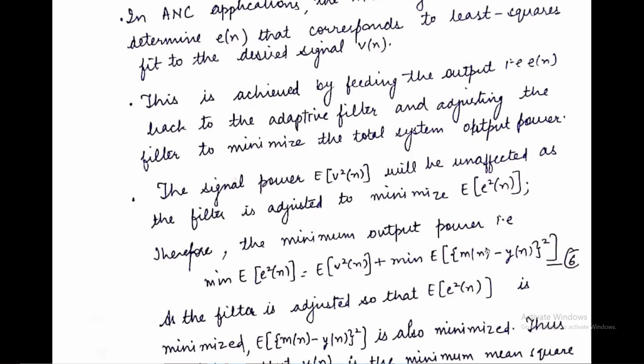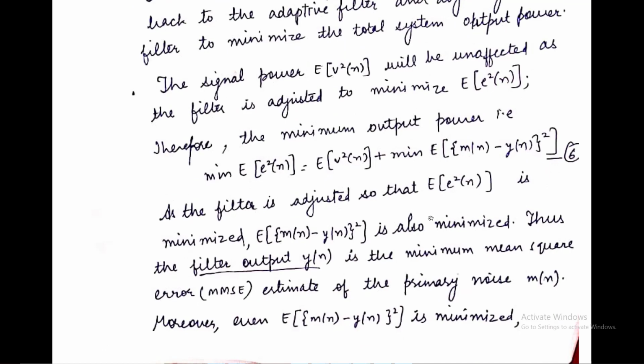As the filter is adjusted so that the expectation of E square n is minimized, the function expectation of (Mn minus Yn) whole square is also minimized. Thus, the filter output Yn is the minimum mean square error, MMSE, estimate of the primary noise,